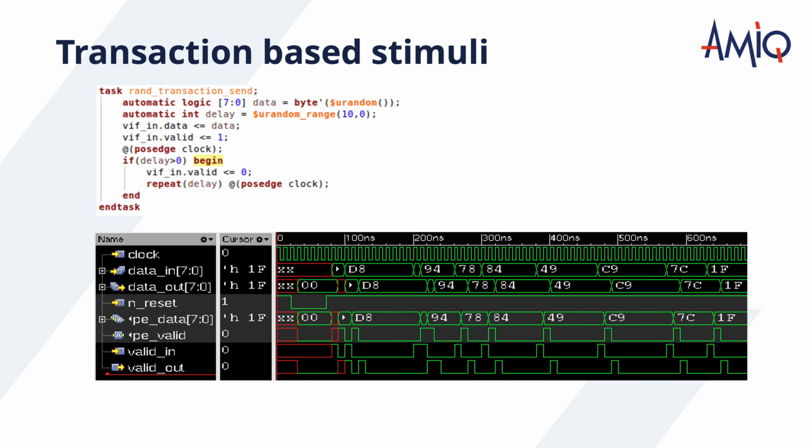We want to reach a higher level of abstractions that would ease our work and allow us to think in terms of basic software. In the example on the screen, you can see a basic task that randomizes the data and the delay and then generates a transaction followed by said delay. This task is then called multiple times, resulting in the waves displayed. We are going to see in the next slides that constraint random verification is actually used to serve the purpose of abstraction and verification space exploration.